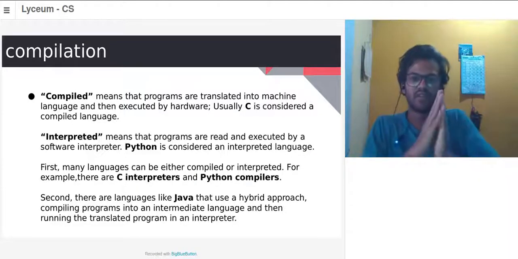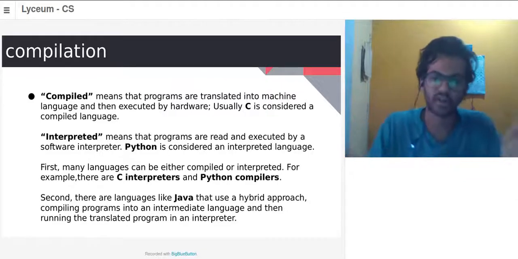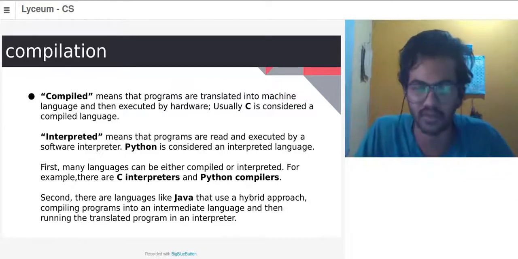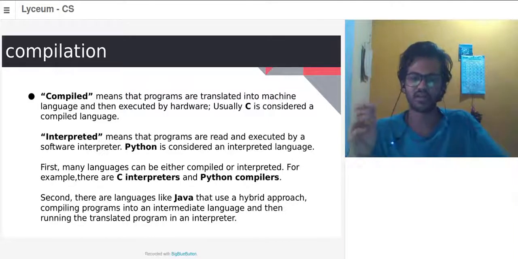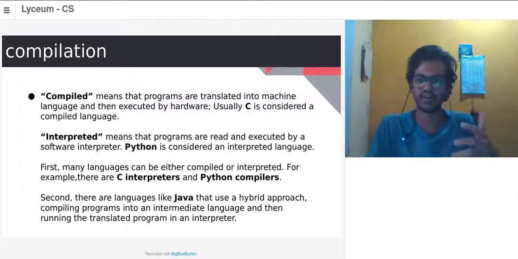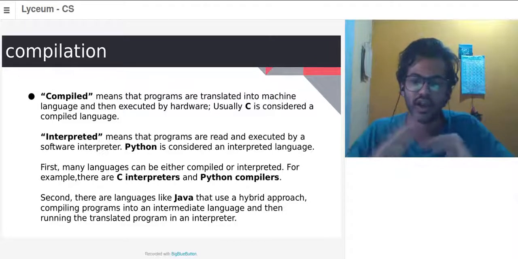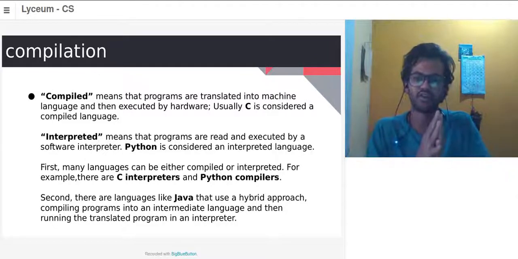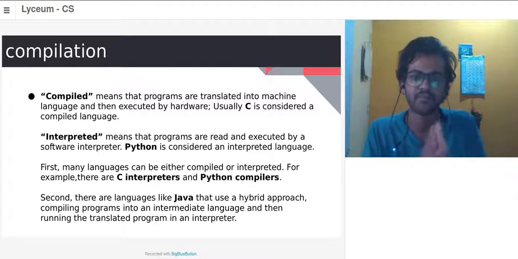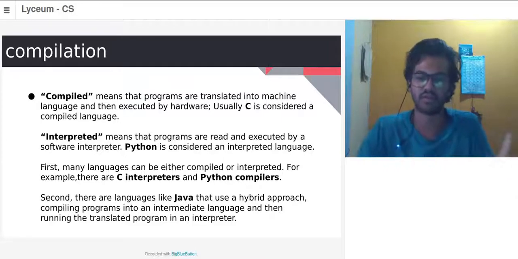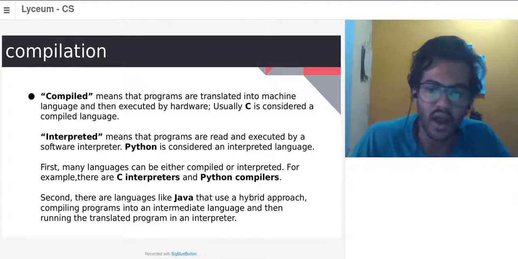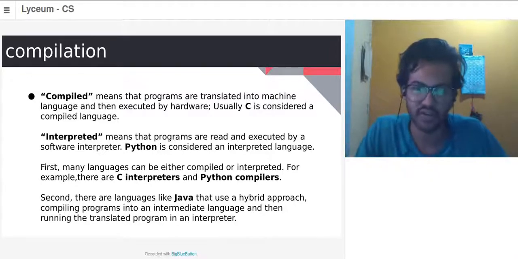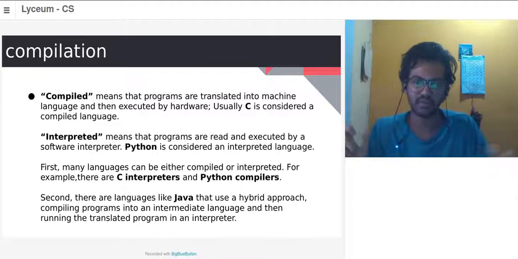Yeah. There are two broad categories of programming languages. One is called a compiled language, and the other is called an interpreted language. So I think everyone has heard of C language, right? It's a compiled language, and most of them have heard of Python as well. It's an interpreted language. We'll get to the nuances of it as to what it actually means, but on a